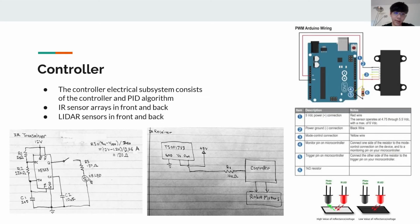Alright, this is the electrical and computer engineering part of our design. We break up our controller subsystem into the physical controller itself, which is an Arduino Uno, the controller algorithm, the IR sensors, and finally the LiDAR sensors. So just starting off with a look at the IR sensors,